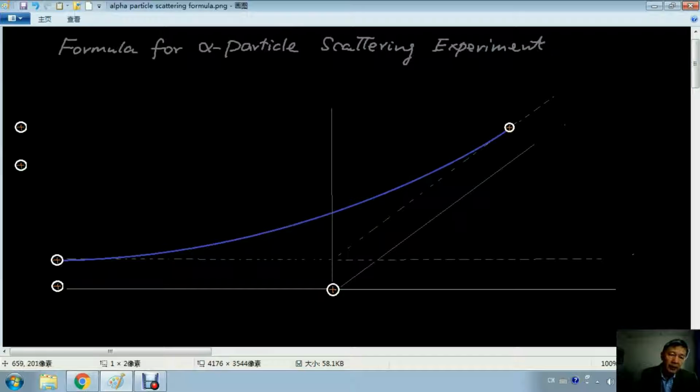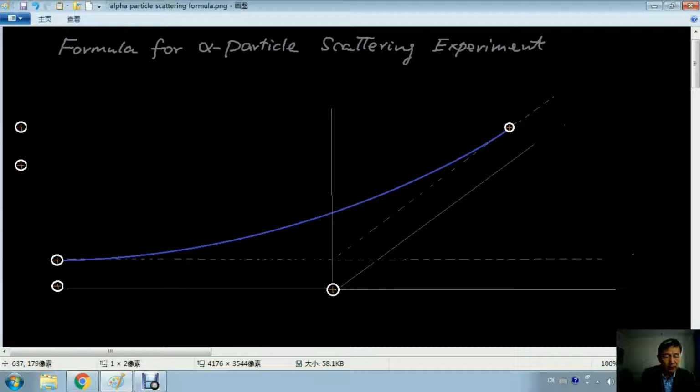Hello, today I'm going to demonstrate how to obtain the formula for the alpha particle scattering experiment. If you want to know the experiment itself, then you have to watch another mini lesson. Here we just use an atomic model which contains a tiny positively charged center called the nucleus and the electron